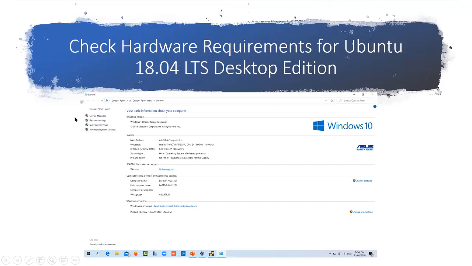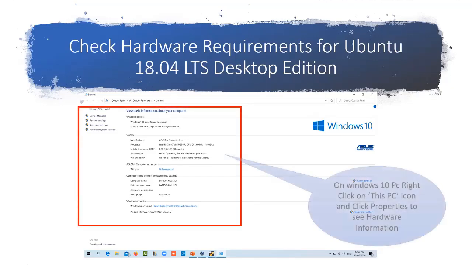How do you come to know whether your PC is capable of running Ubuntu or not? If you are using Windows 10, just right click on the This PC icon and click properties to see the hardware information of your computer.